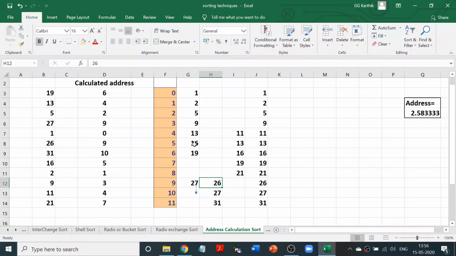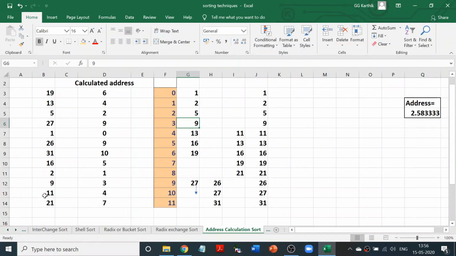It was empty, so no problem, I have put it in location number 5. Okay, it was empty already. 2 in location number 1, so here also it was empty. So far we have not used 1 at all, so 2 is going to be stored in location 1. Done. 9 has to be stored in location 3, so 3 also we have not used. 3 was empty, so I have stored 9 there without any issues.